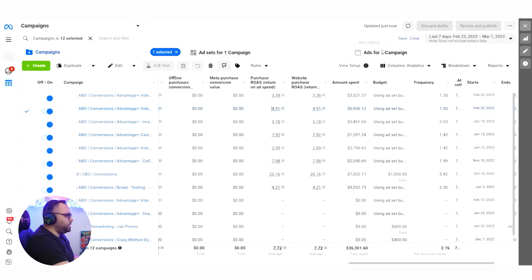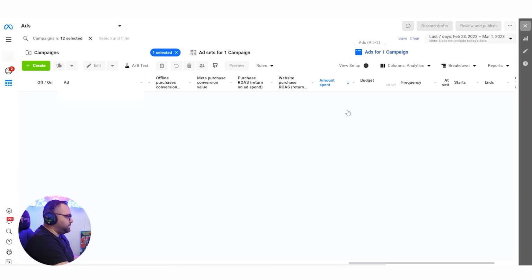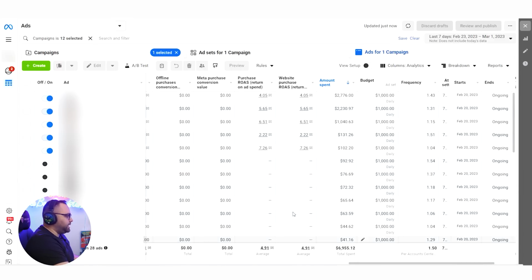Here we are going to see that in this campaign, which is an Advantage Plus, we have 28 ads. After optimization, we reached the point where we have 1, 2, 3, 4, 5 of them working, giving us an average which is super acceptable for this account, and we have 1k spent on that. So what do we have here?